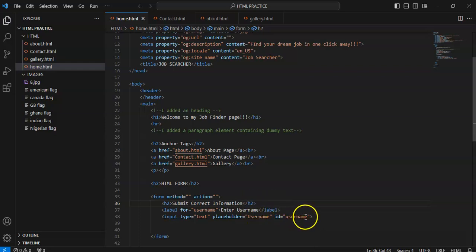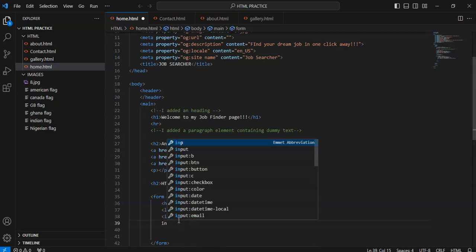Now the first one we saw, let's just make it not just username but full name. This we change to name, and we change this as well to name. And the placeholder, call it full name rather than username. Enter full name. All right, enter full name. Okay. So now the next one we're going to be having is